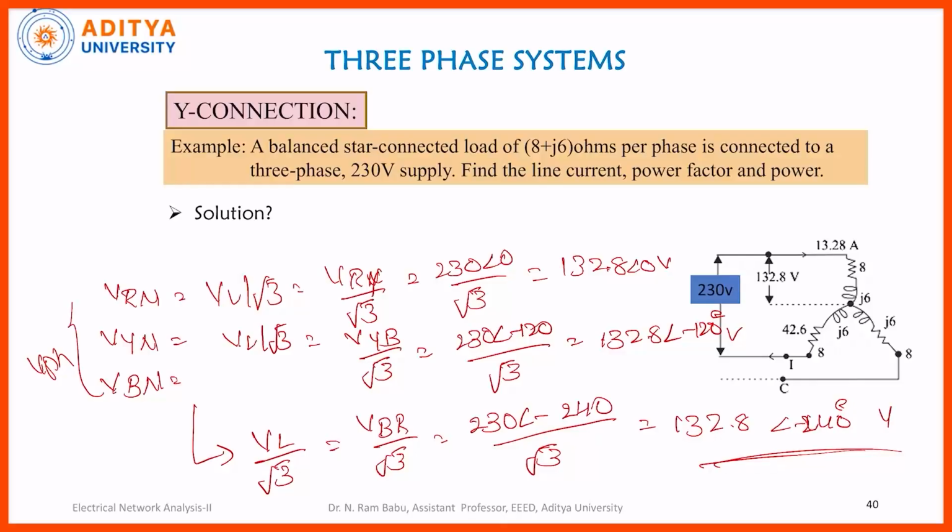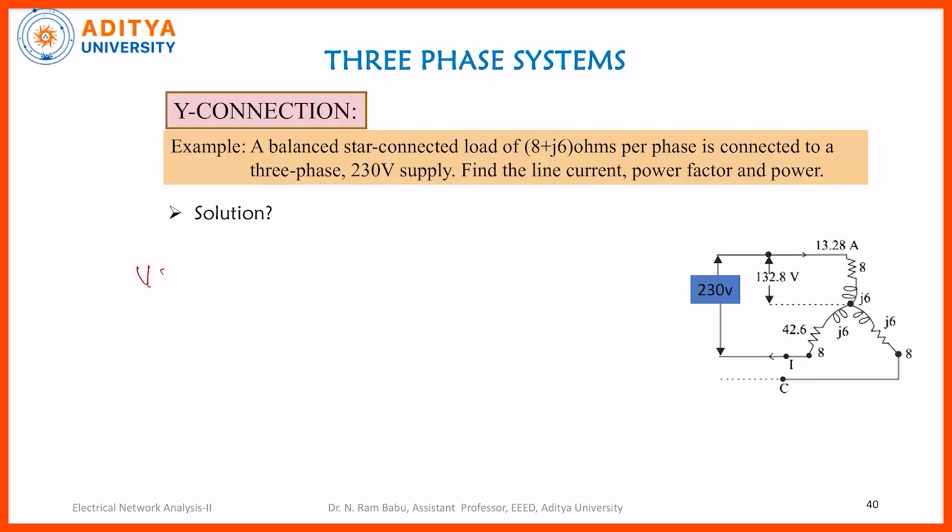Okay. So, here I have found out the values of phase voltages. I got these phase voltages from the line voltages, which is 230 volts. From this value, I have obtained the values of Vrn, Vyn and Vbn. Okay. Now, here what was I supposed to calculate? Here they have asked us to calculate the values of line currents. So, in order to calculate the values of line currents,